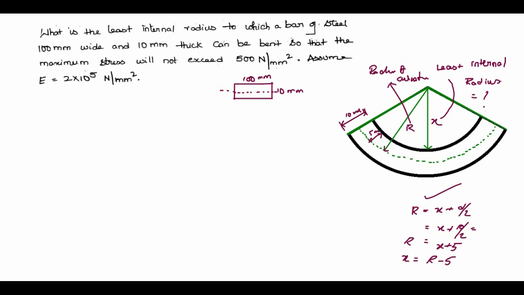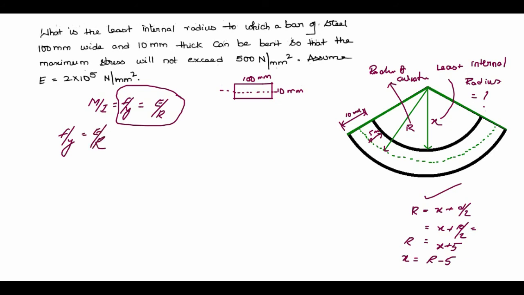So let us find out. What is the equation that we need to use? You need to use the bending equation. So what is the bending equation, guys? The bending equation is M by I is equal to F by y is equal to E by R. Now, in order to solve this problem, I need to use the second and third terms. The first term is of no use at this point. So the equation I need is F by y is equal to E by R.